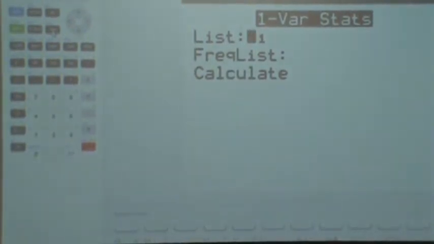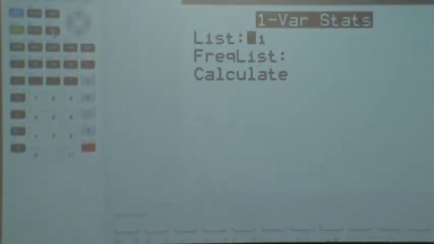Okay, so now, with this calculator, it gives you this menu. So now, it's going to tell you, hey, where's the data located? That's your list. So the first thing you need to do is put in, where did you put the data? That's what the calculator needs to know. The function needs to know where the data is. So it already says L1, which is where I put my data, so I'm just going to leave that alone. Frequency list. For this case, we just leave it blank. We don't touch anything. So we go down to Calculate,